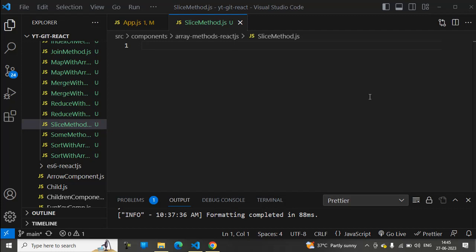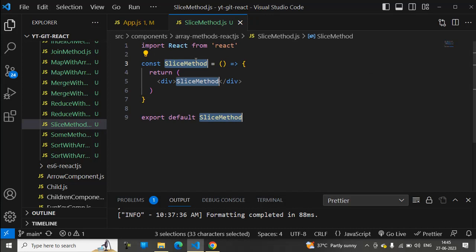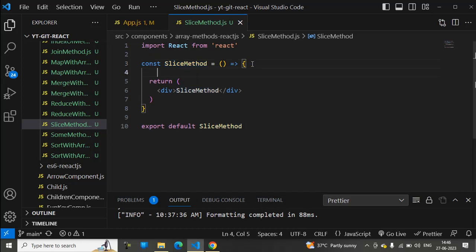Just type the snippet rafce and hit enter, then we will get the template for the component. It is an arrow function component. Then let's create one array here, const arr equals to, within square brackets we are going to give